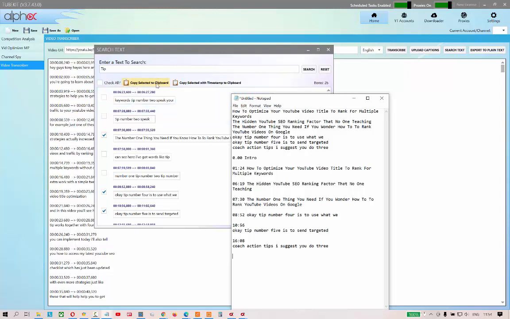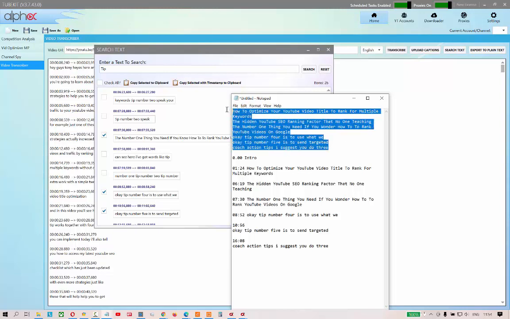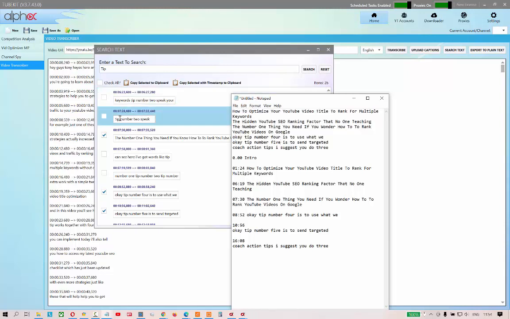The other thing we can do is copy the selected text to clipboard without the timestamp, and it would look something like this. After you have done this or before you have done this, it's entirely up to you. But here's what we can do with this. Here's where it's really important, and why we put this in here is because I can take each one of these tips and I can build them out with some text and copy that to clipboard and use that from inside my description,